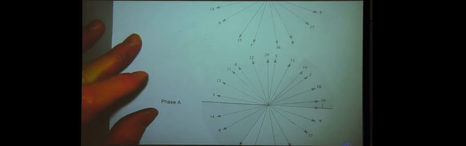So how can we do this? So we know that phase A should be spread over 120, phase B over 120, and phase C over 120 because we have 360 degrees. So what I've done here in this drawing is I have